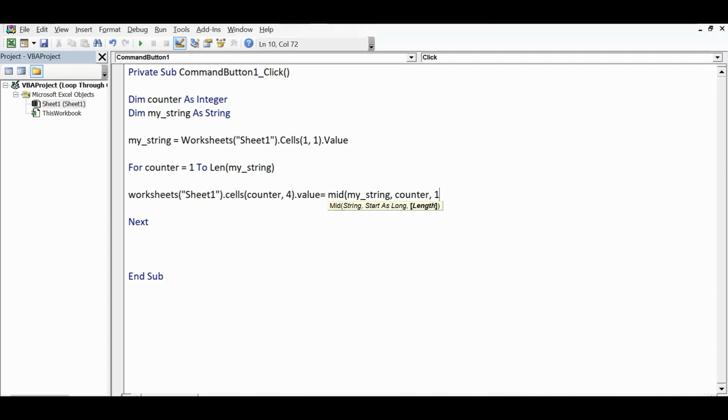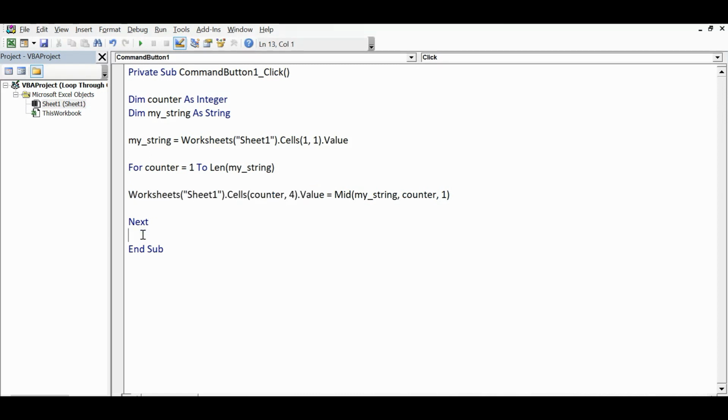So Mid function takes three parameters: which text value or string, this one; from where to start, this one; and how many characters, one by one. So this is the code that will check any string, and one by one each character will be printed in column D.